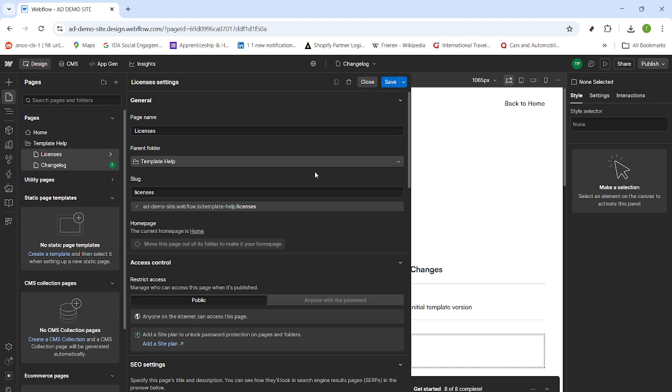And that's it. Open your project, go to the Pages panel, open the Pages settings, switch from Public to Restrict Access, and choose Anyone with the password. Your page is now effectively hidden from the public and only accessible